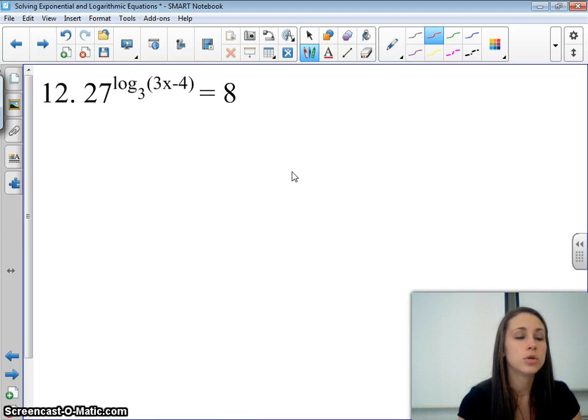Alright, and then number 12, this one is a combination of exponent and a log. Okay, so primarily this is an exponential equation, so we're kind of going to review some exponential equations as we do. And I'm actually going to do this one in another video because I'm